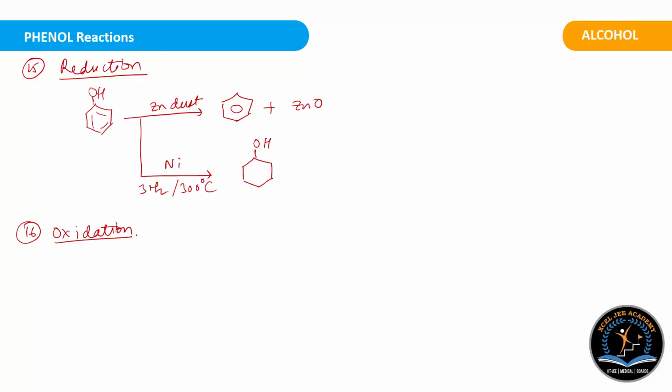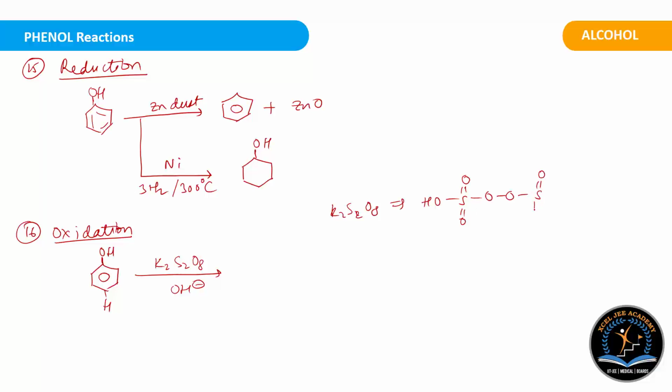In the oxidation one we are going to use a peroxide type of bond. So peroxy bond will be present. So this is phenol, this is hydrogen, and then in presence of a peroxide bond, that is K2S2O8, and in presence of base. What is this K2S2O8? This K2S2O8 has a structure which is OH, S double bond O, oxygen, peroxide bond, then again double bond O and OH. So this is referred as